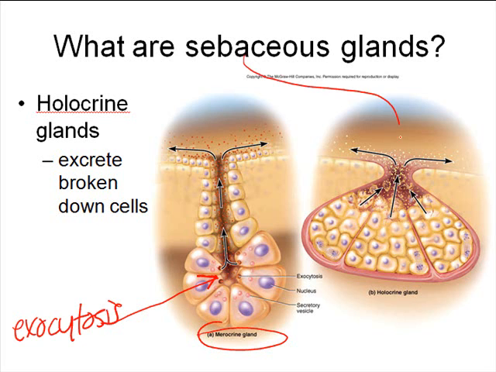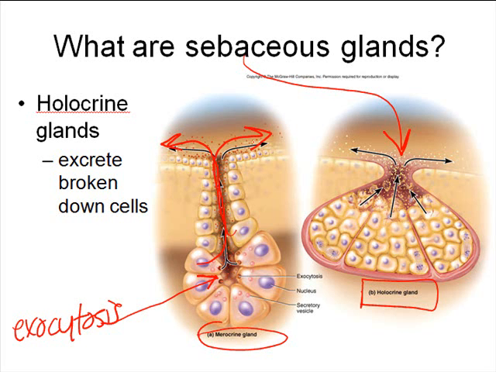Sebaceous glands take a different approach to releasing things onto the surface of the skin. They are what we call holocrine glands, and by definition, holocrine glands, rather than exocytosing products into a lumen and then having that go out on the surface like we see with merocrine glands,